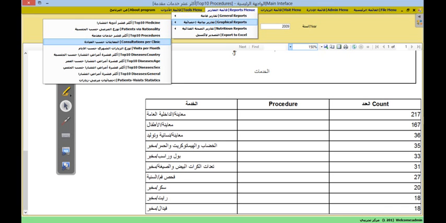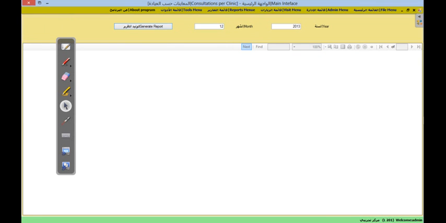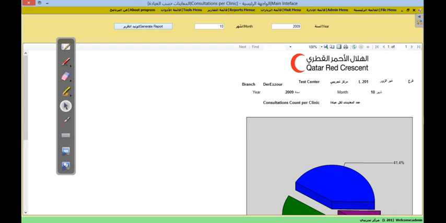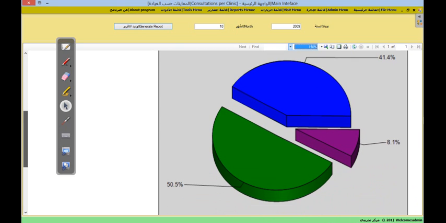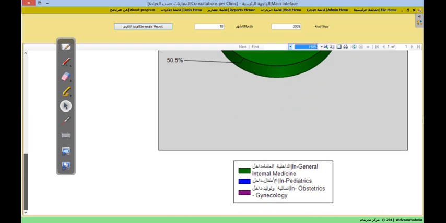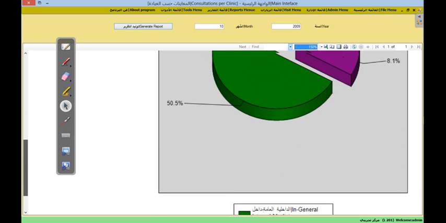And then we have this report about the consultations per clinic. Also, we will specify the same year and month. We can have any date that we want, but this is just for the example. So in this case, if we see this report, it's also a pie chart report, and in this pie chart it shows the division of services between